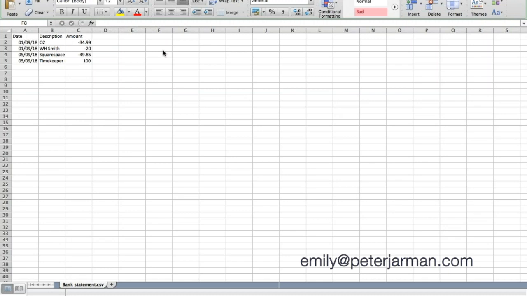So for example, if there was a balance, like a carrying balance on the right-hand side, you don't need that. You just need an amount of either out or in. It may be split into two columns as an out and an in. That's absolutely fine. I will show you how to deal with that when you're importing it into QuickBooks. So once you've edited your Excel document to the 3 or potentially 4 columns, you will need to return to